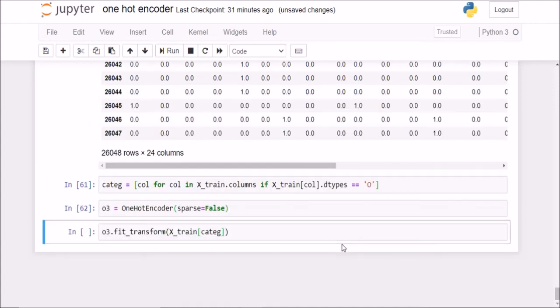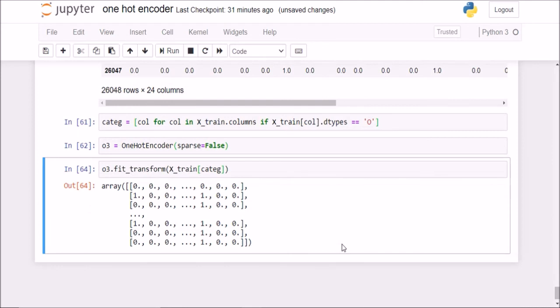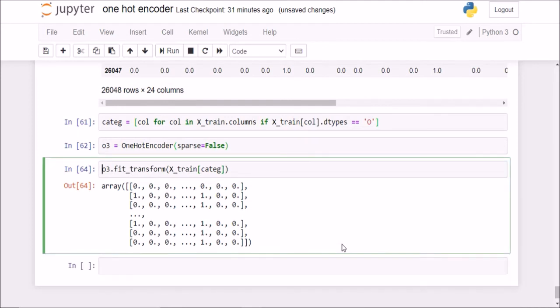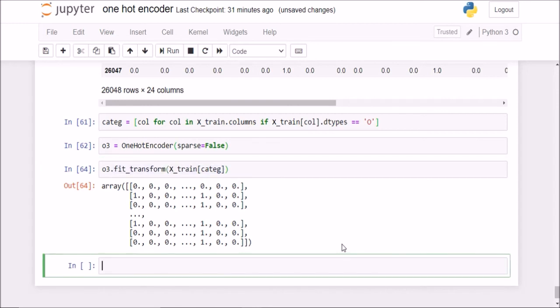So now if I fit and transform, you see it has fit and transform for me. Now if I check the size of this data frame, I'll first convert it into a data frame and call the shape of it.